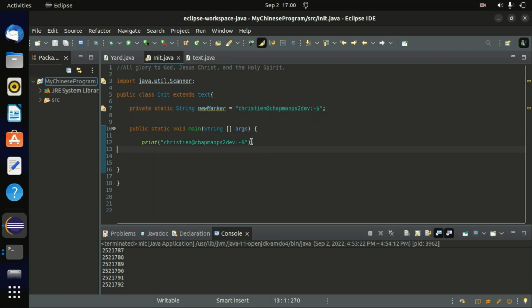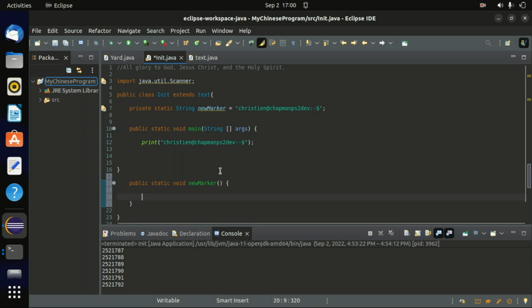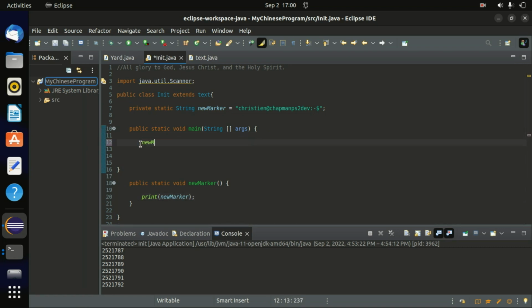When we start, I'm going to create a public static void new marker. I should be able to do that, and then I'm just going to print new marker. Boom. Okay, so we don't need this anymore. What we have to do is call new marker, so we're going to start the program